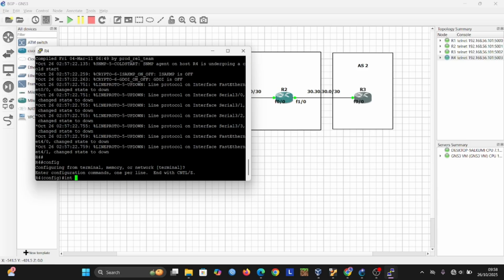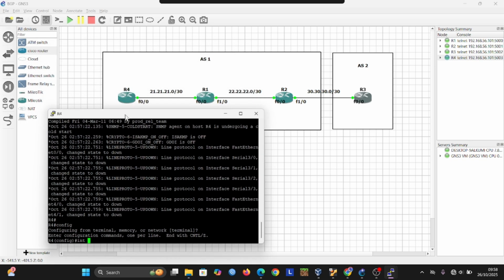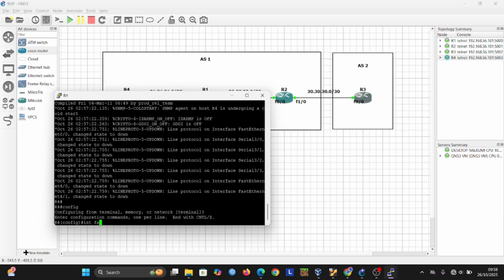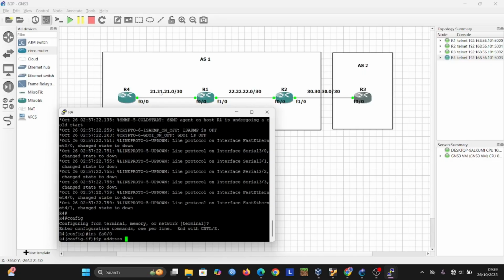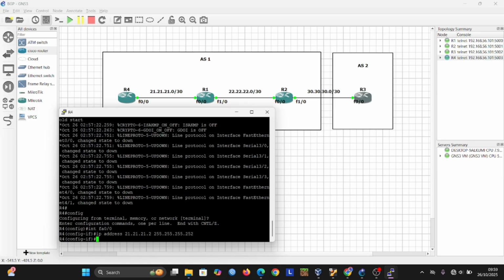We write interface, we use this FastEthernet interface 0, and we add an IP address to this interface, 21.21.21.2. Then we enter the prefix, don't lose this prefix, prefix 30, which is subnet mask 255.255.255.252.